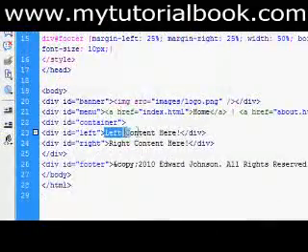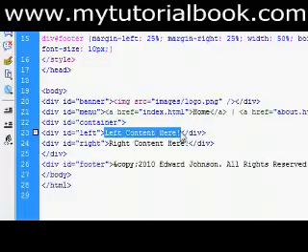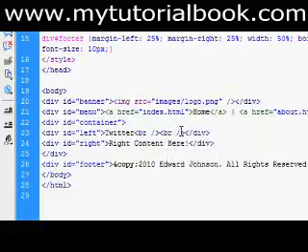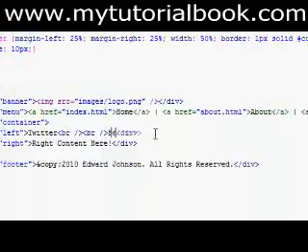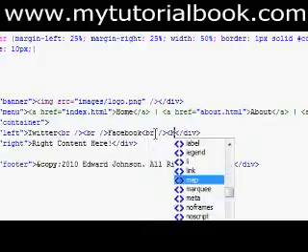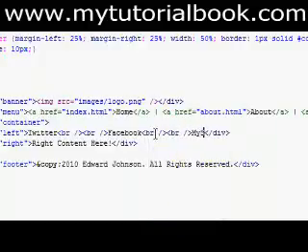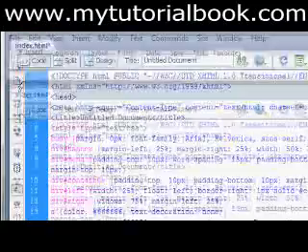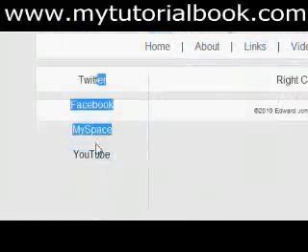Now it's time to add some content. It's looking fairly bare, so perhaps on the left hand side we can add some social networking links. So Twitter, and then BRBR, which is 2 line breaks. What else can we add? Facebook, and then BRBR, which is line break, line break. MySpace, BRBR. There is a way to add line breaks using CSS, but for now we're just going to use BRBR. And then YouTube. Press File, Save, press Refresh, and as you can see it's added them, but